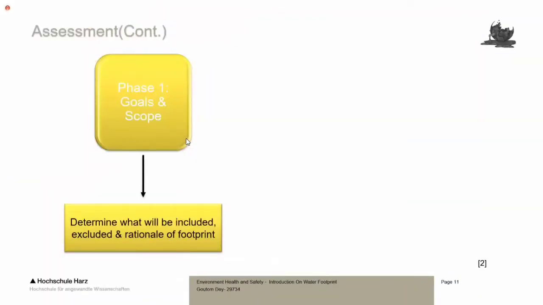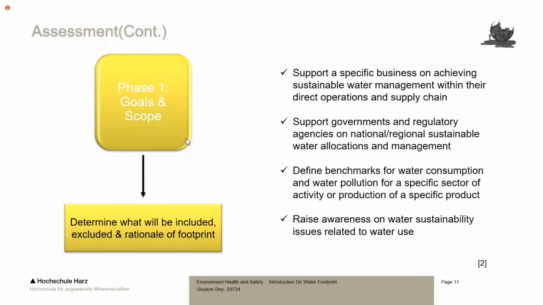A water footprint assessment begins with the goals and scope of the water footprint study, and it can be undertaken for diverse purposes. For example, it can be undertaken to support a specific business on achieving sustainable water management within their direct operations and supply chain, support governments and regulatory agencies on national or regional sustainable water allocations and management, define benchmarks for water consumption and water pollution for a specific sector of activity or production of a specific product, raise awareness on water sustainability issues